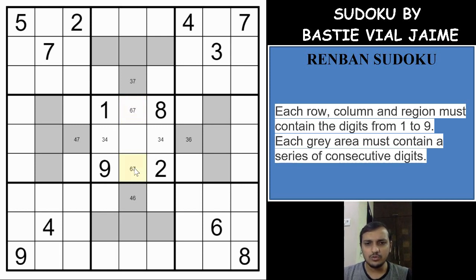So we got one logic: if you have a 4 here, you will have a 3 here, and you have 7 and 6 here. The same way, if you have a 6 here, you will have a 7 here, and you have 4 and 3 here. So if you go by this chain of logic, you get to know that all of these 4 digits, 4, 6, 3, 7, cannot be in this middle box, right?